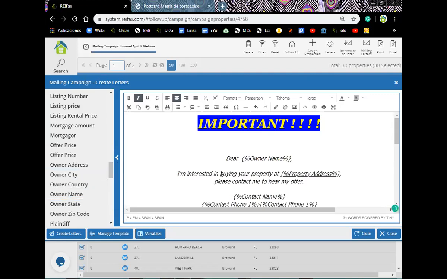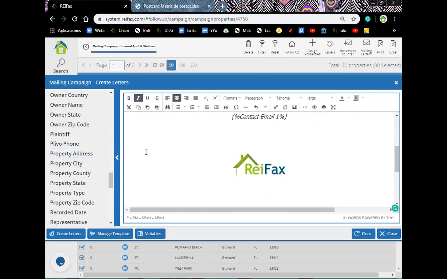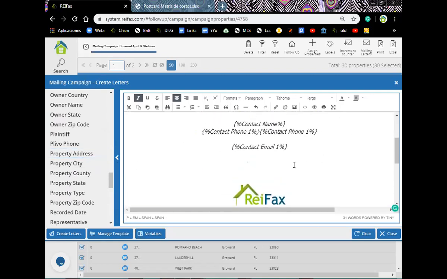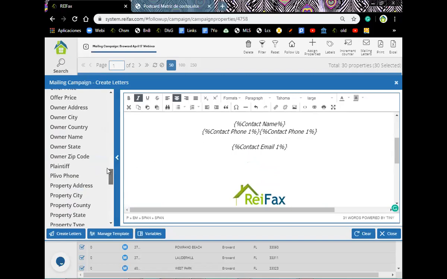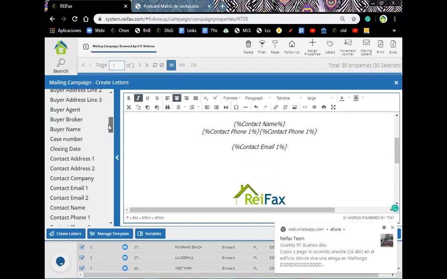Name. And there it is. And if interested in buying your property at, this is a variable for the property address. And then you can type in directly your contact information or use the contact variable here. That way you just send your contact information over